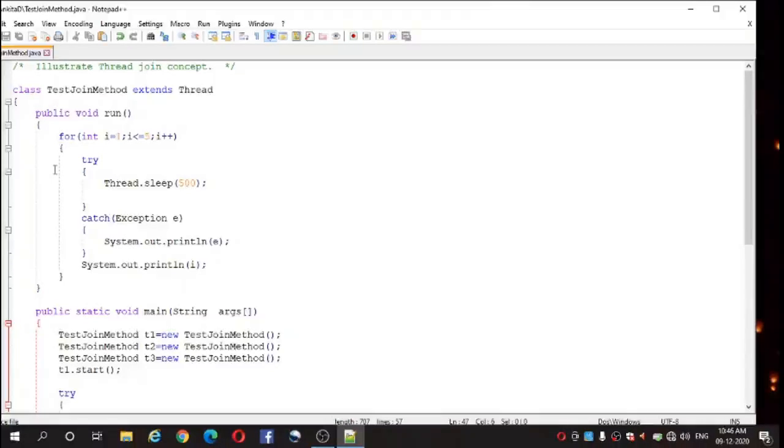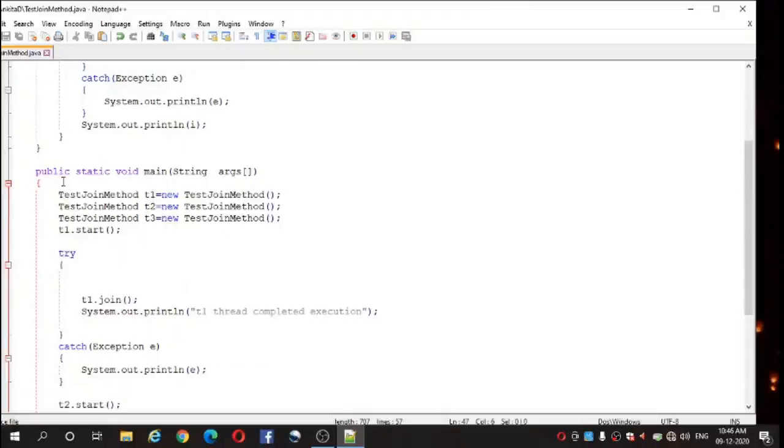And we are done with the run method. Then we have the main method, that is public static void main, which has a String argument. Inside the main method we have created three objects.